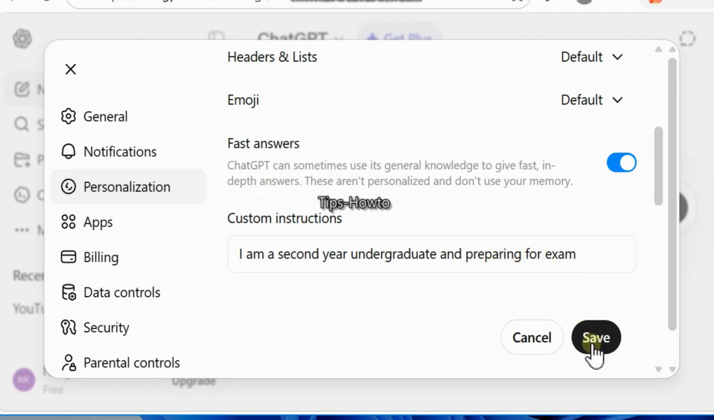The second one is always use simple language, give real world examples. These are the two custom instructions I have set, and